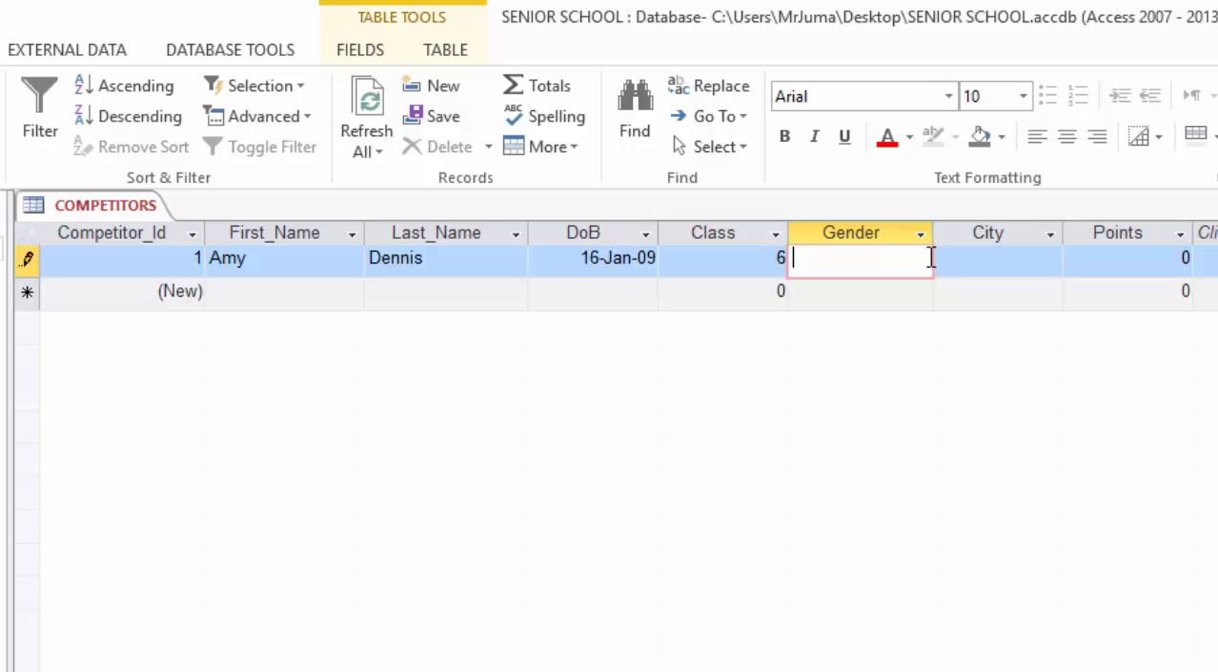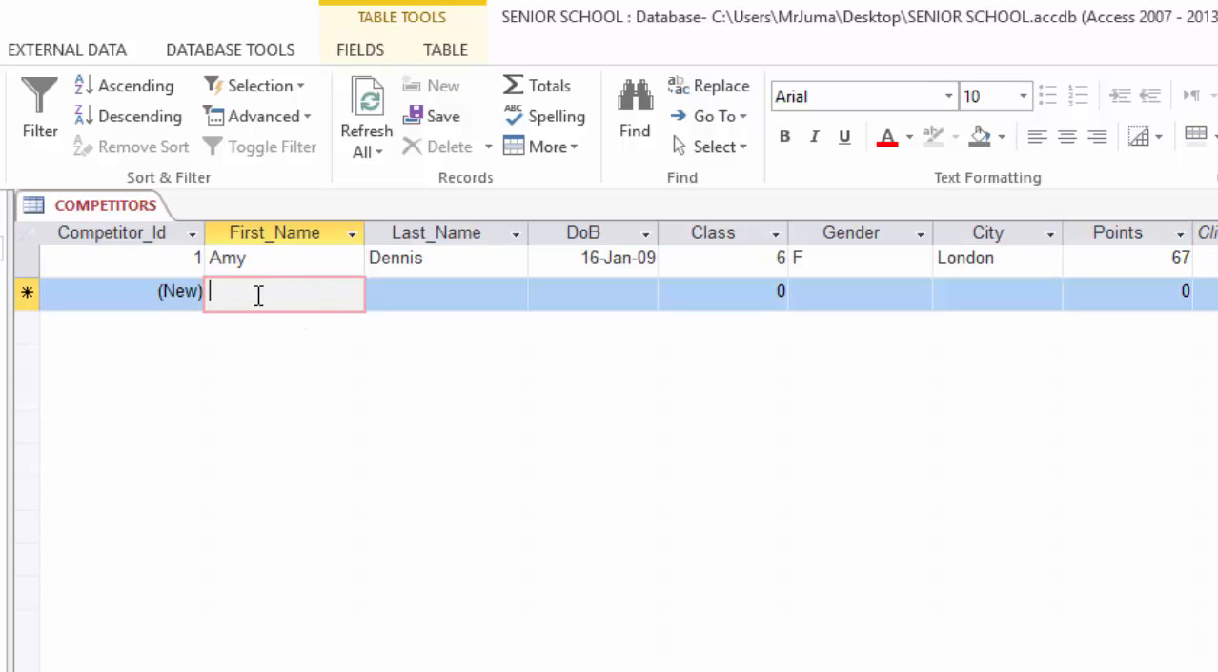and she is a girl from London, and her total points is 67. When I click the second row and type, automatically you'll see here auto number will be adding for me number 2. So the second person is David